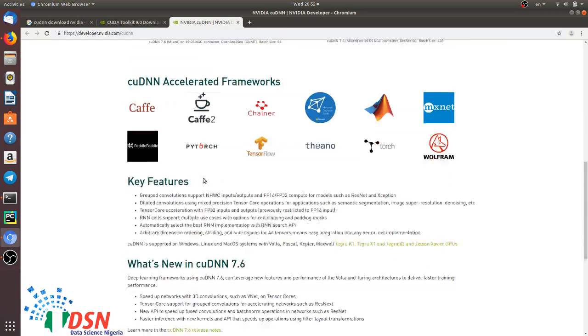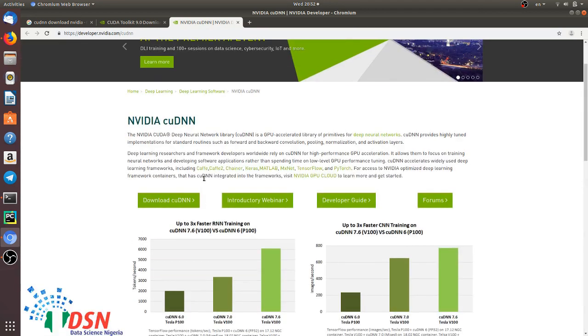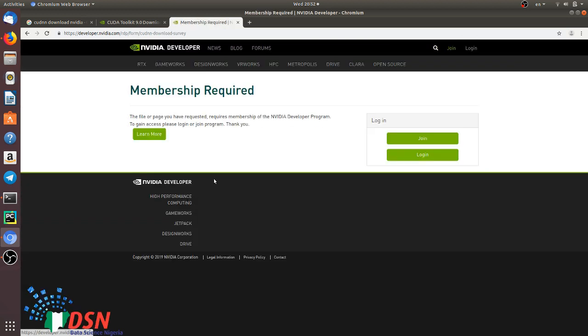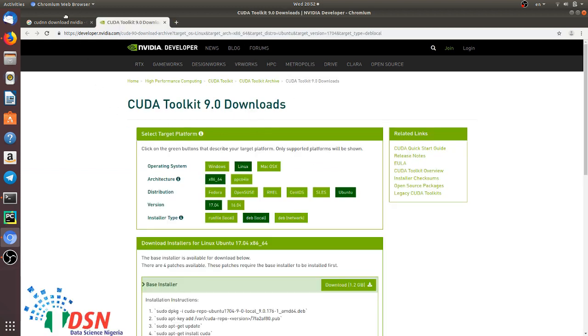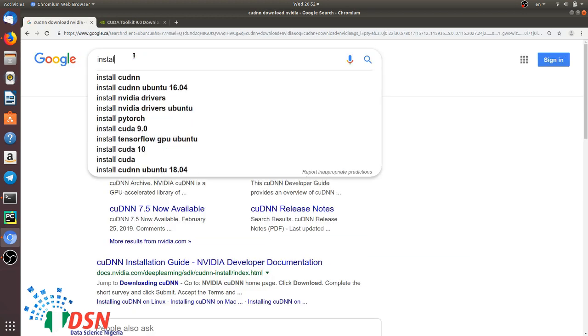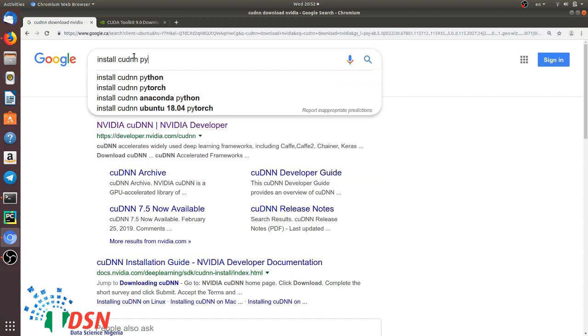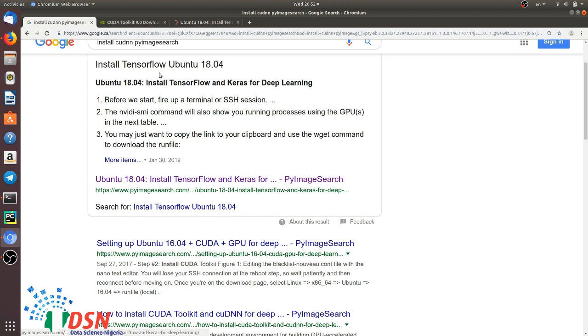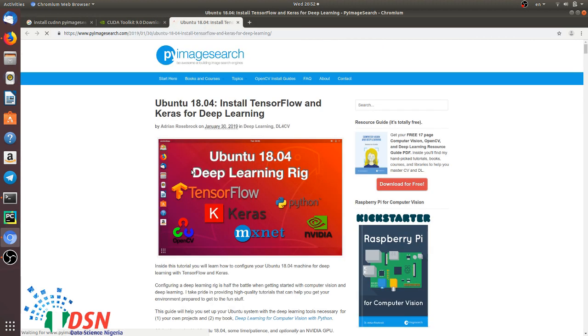After downloading, you should join the website and then log in, and you could download that there. Okay. After downloading CuDNN, you could install CuDNN by following this link, which is a very great link,